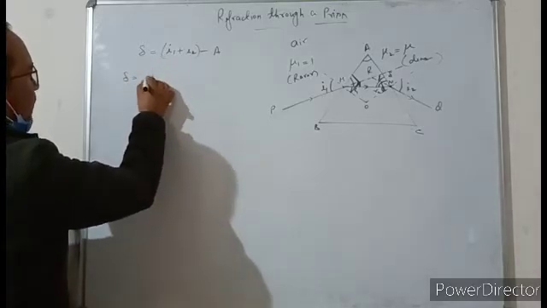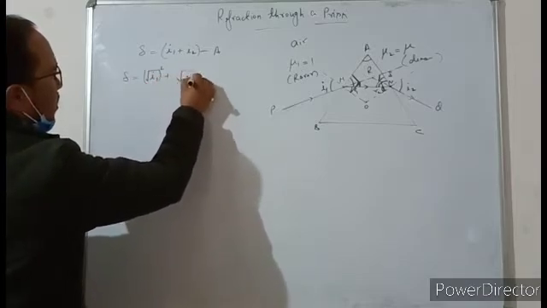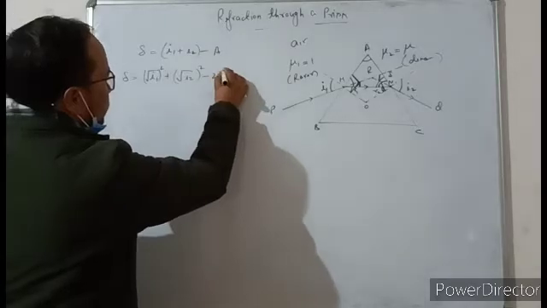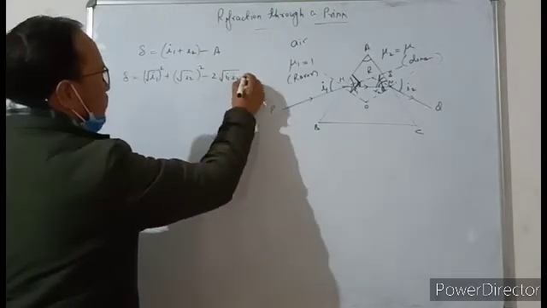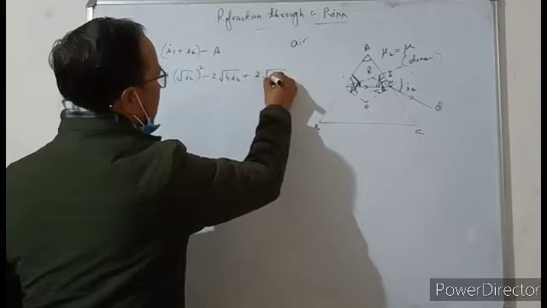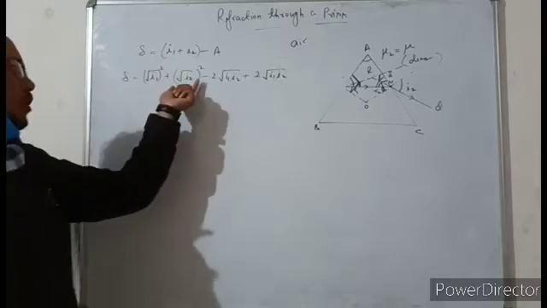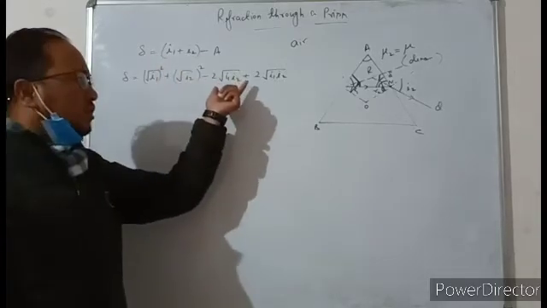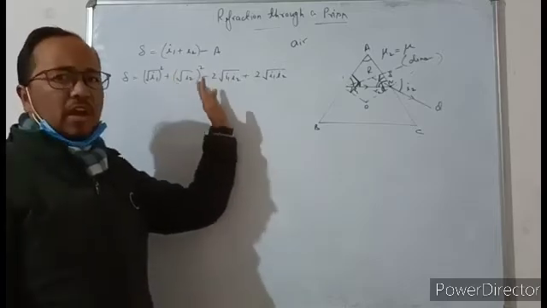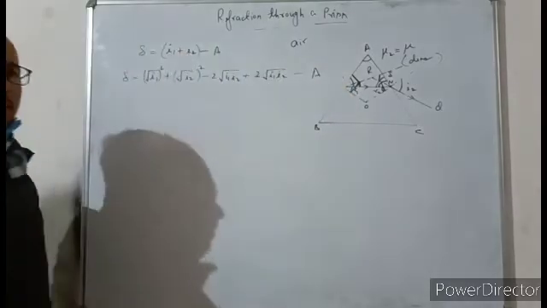I1 प्लस I2 को हम लिख सकते हैं स्टूडेंट्स रूट I1 स्क्वायर प्लस रूट I2 स्क्वायर। देखिए स्टूडेंट कर सकते हैं इसको इजीली। नाउ माइनस 2 रूट I1 I2 एंड प्लस 2 रूट I1 I2। याद रखिएगा स्टूडेंट्स, देखिए रूट I1 का स्क्वायर करेंगे तो आपको I1 मिलेगा, सिमिलरली रूट I2 का स्क्वायर करेंगे तो I2 मिलेगा। उसके बाद मैंने क्या किया स्टूडेंट्स, माइनस 2 रूट I1 I2 को सब्ट्रैक्ट भी किया और ऐड भी किया, तो आंसर 0 मिलेगा इससे सॉल्व करके। और देन इट्स माइनस, इसको हमने एज इट इज लिख दिया।